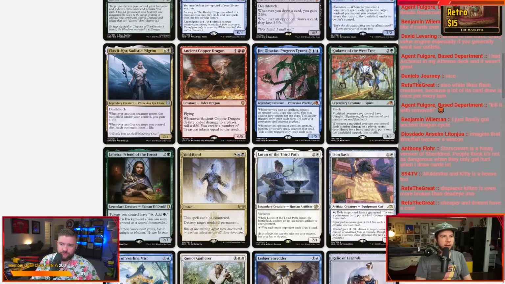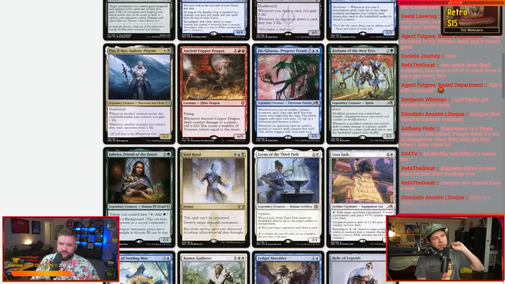Progenitor Tyrant, dude. That card is so nutty. It counters the first thing. It's like anything that just has a passive effect that says no first time, and then you have to do something else. Man, it's